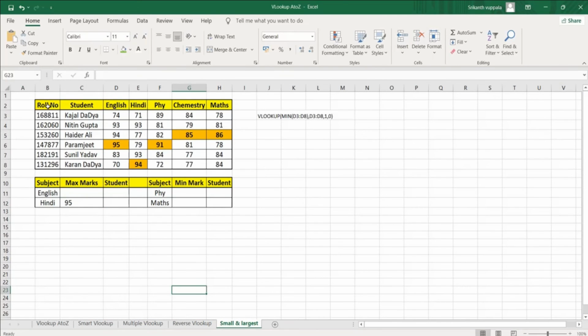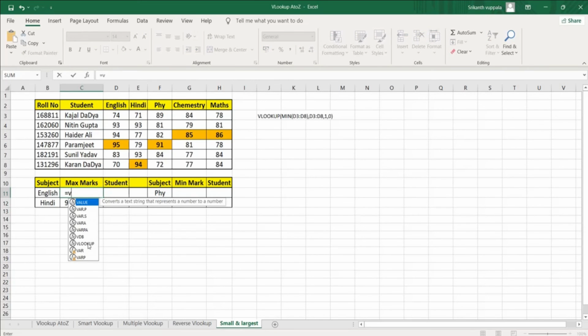As you can see, there is some data which has roll number, student name and marks. If I have to find out what the maximum marks in English are, I have to use is equal to VLOOKUP. Maximum marks, I will use this MAX function. In which column should I use this?